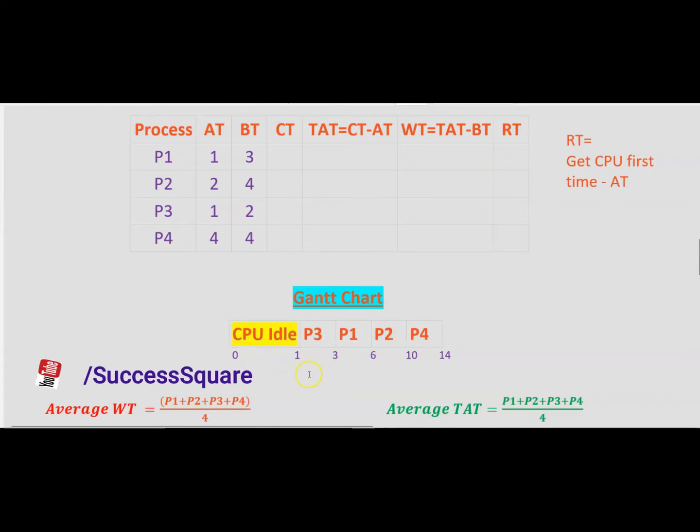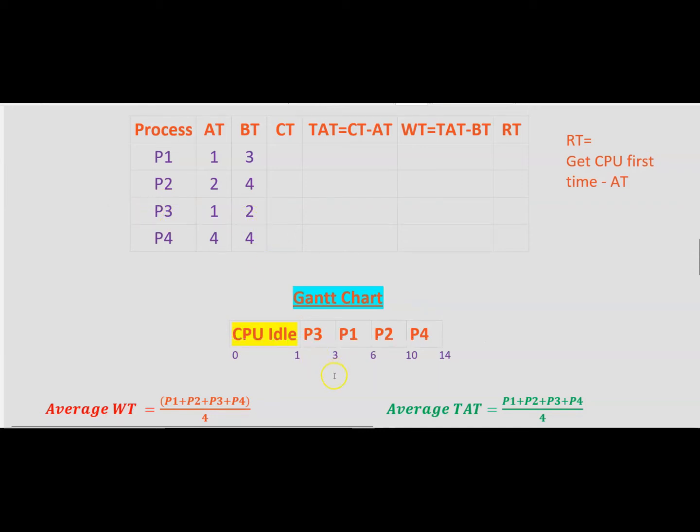But when we reach one time interval, you can see there are two processes, P1 and P3. They both got activated. Now, both processes arrive at one time interval, but our algorithm is shortest job first, which means we will compare the shortest job among P1 and P3. Out of P1 and P3, the one having the least job is P3. So the CPU will be allocated to the P3 process, and for how much time? It is 2 burst time. So 1 plus 2 is equal to 3.